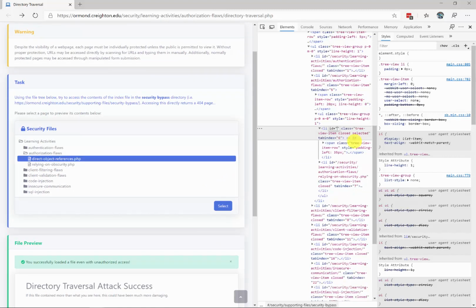So what we're going to do here is look at our URL up here, and we're going to step out of authorization flaws and then step out of learning activities to be able to get into the security folder. So what I'm going to do is come back to this ID, and I'm going to set it equal to